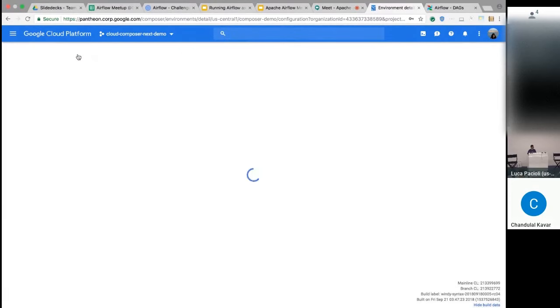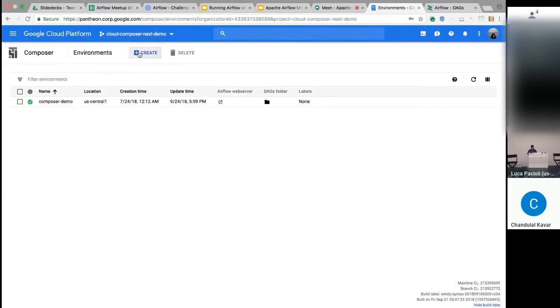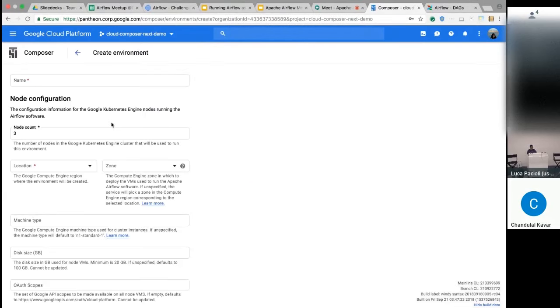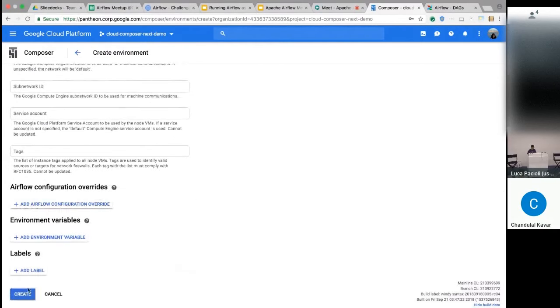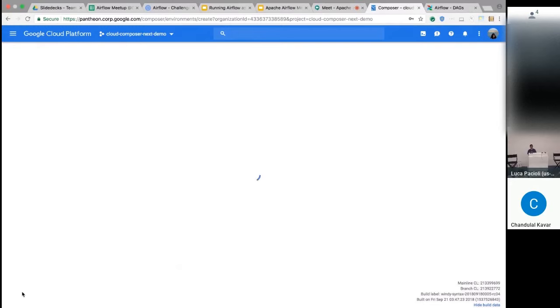If you go back, it's pretty much like a single-click deployment. Put any name you want to have for your Cloud Composer environment, and then say quick demo, and then select any properties you want. There are a lot of additional parameters you could configure, and then that's really what you need, like a single-click